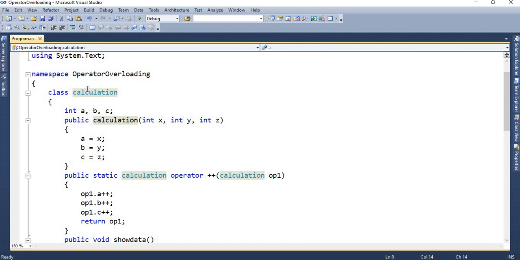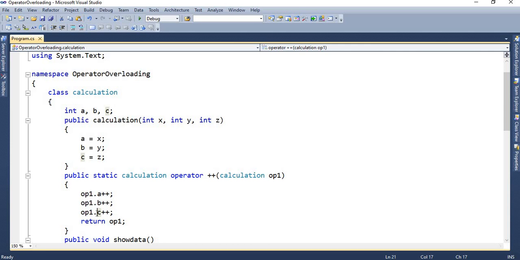I have defined the class name Calculation, so here I am using Calculation as the name of the class. Then the operator keyword is also fixed, and then the name or sign of the operator which you want to overload, and in brackets the arguments, opening bracket and closing bracket. In between you have to write your logic of operator overloading.